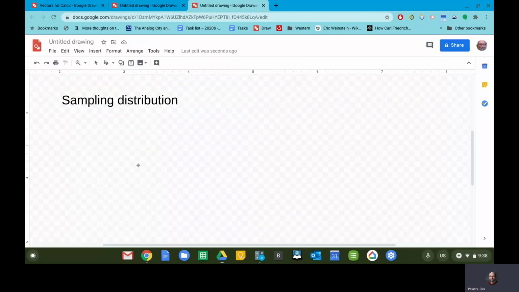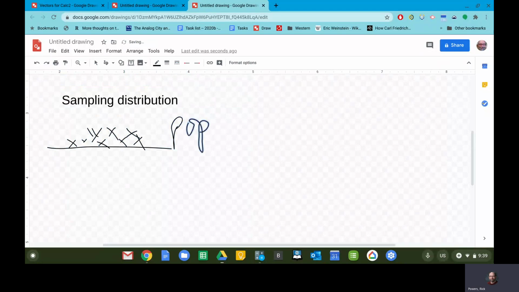is that we have a population of values, and I'm going to use X's for those things, okay? So I have a bunch of X's. This is my population. But then I also am going to be taking samples. And what I want to do is take some group of this, and take the average of a bunch of these X's. So when I take the average of some of these X's, then I'm going to get a sample mean, X